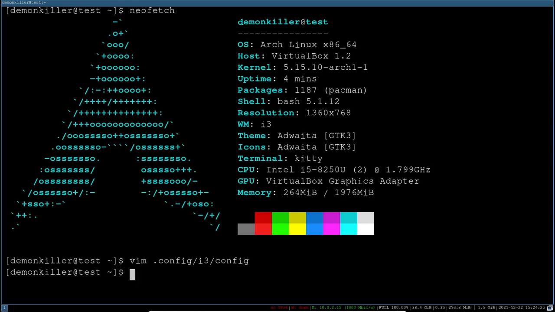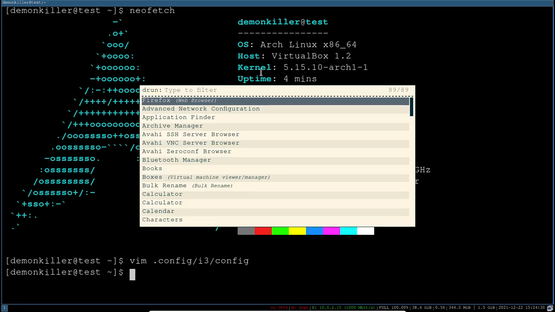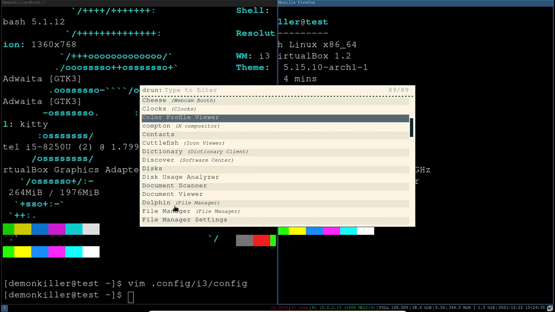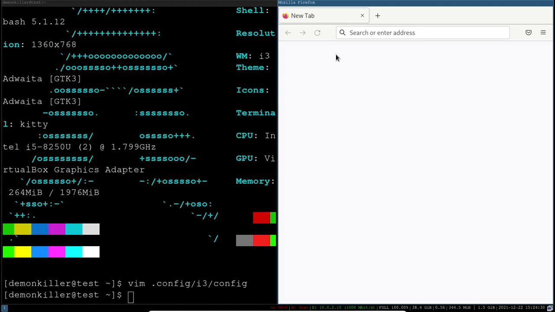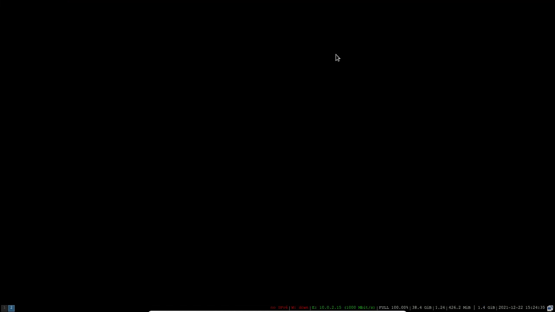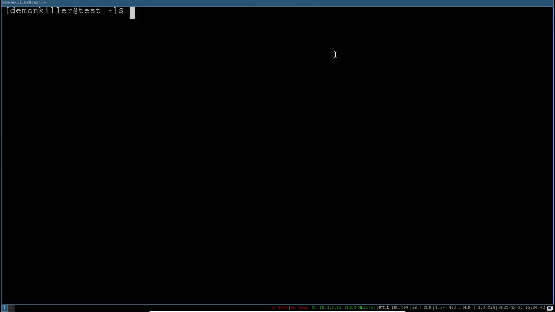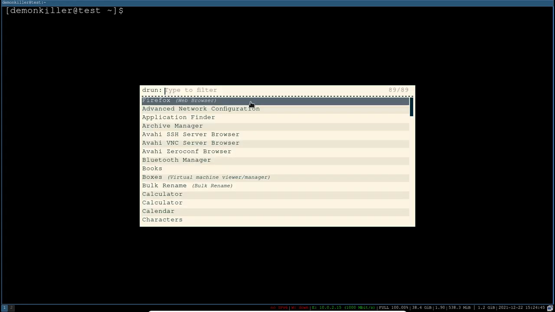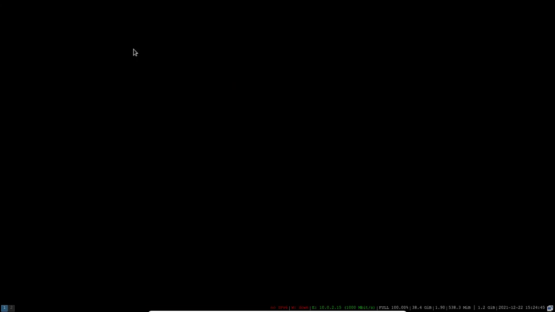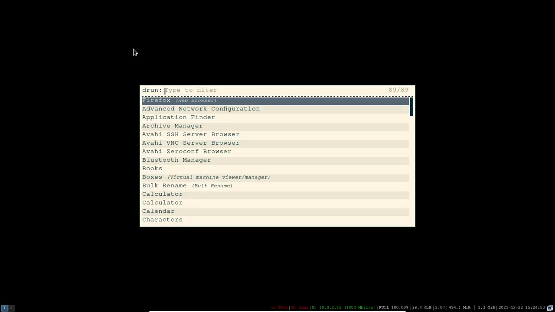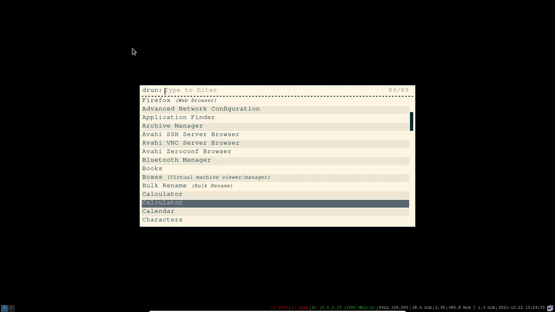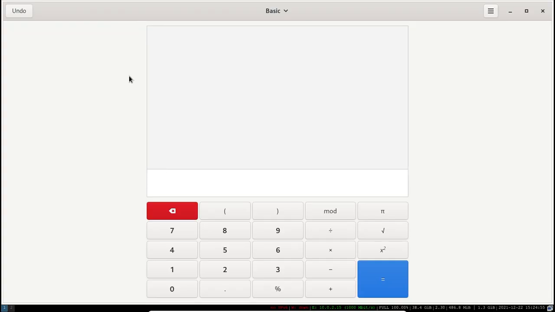So obviously this is going to take some time. You can do a lot of things here. So you can see Firefox is launching. We can move Firefox to another workspace. Sorry, mod shift 2. So Firefox is gone now, it's residing in workspace 2, and what we can do is launch something else. So you don't need the terminal open, by the way. Mod shift Q to close, mod D, and you can for example open, let's see which calculator can we open. So we have opened, I think this is the GNOME calculator.